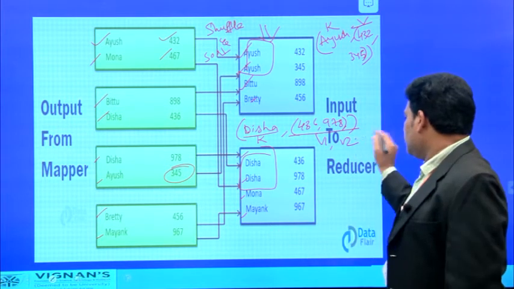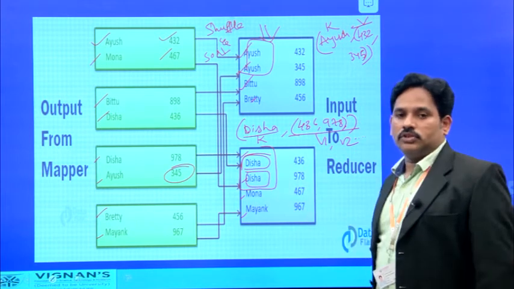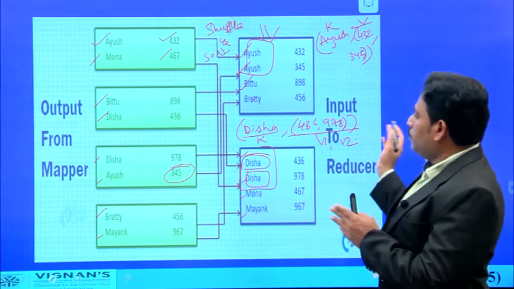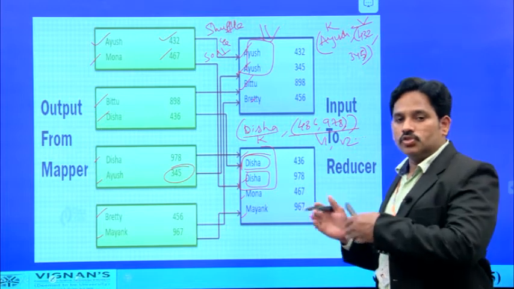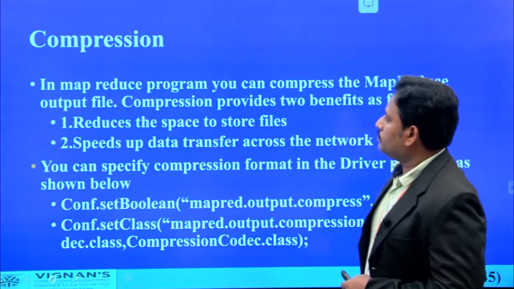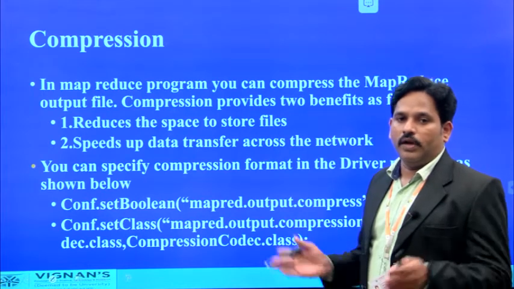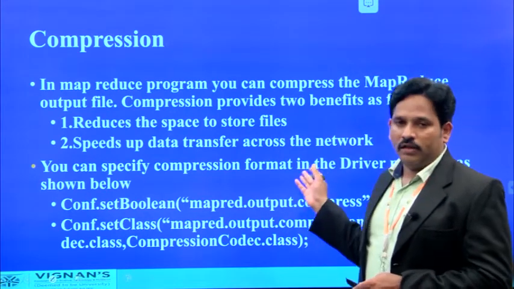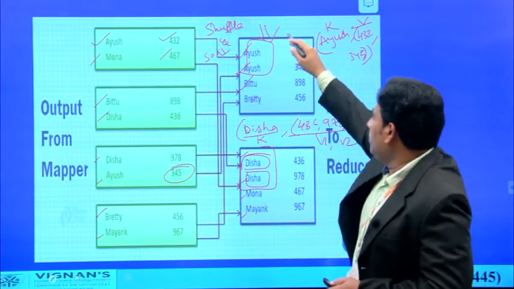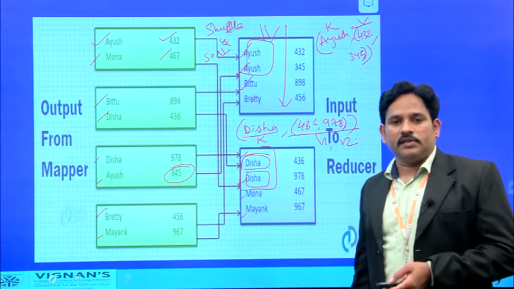So whenever the same key is identified during the shuffle and sorting phase, before giving an input to the reducer block, it will combine each key with all its list of values. All keys are going to be combined with a list of V values. Now after combining, or after completion of this shuffling and sorting, what do we do? We are compressing. So that we have done in the slide only. Sorting will do only arranging the data in a required sorting order, maybe ascending or descending order.